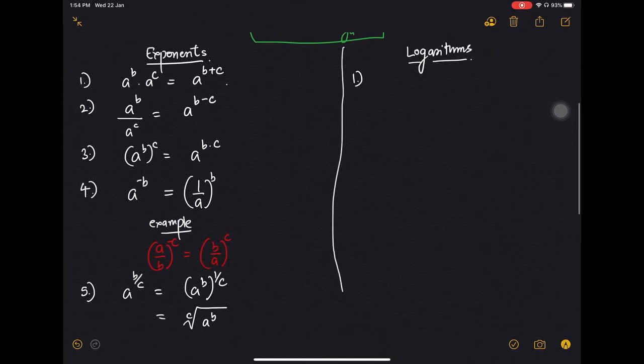Rule number 1, which is exactly opposite to rule number 1 of exponents. It says that if you have two logs of the same base getting added to each other, then you actually have to add the input values to get the same result. If you pay attention, it's exactly opposite to what we were doing here. The logs give you the exponents, and when you add two exponents, definitely there must have been,